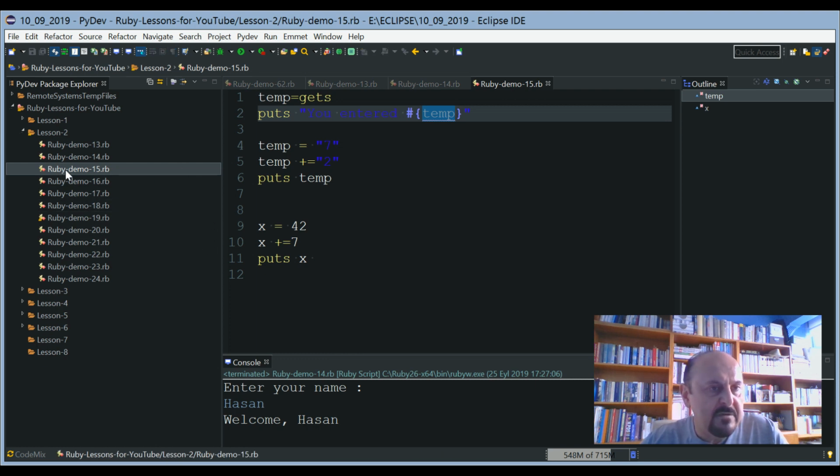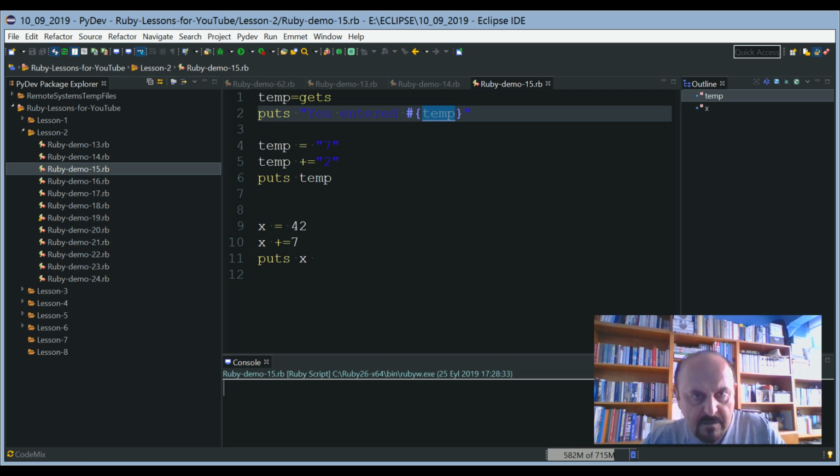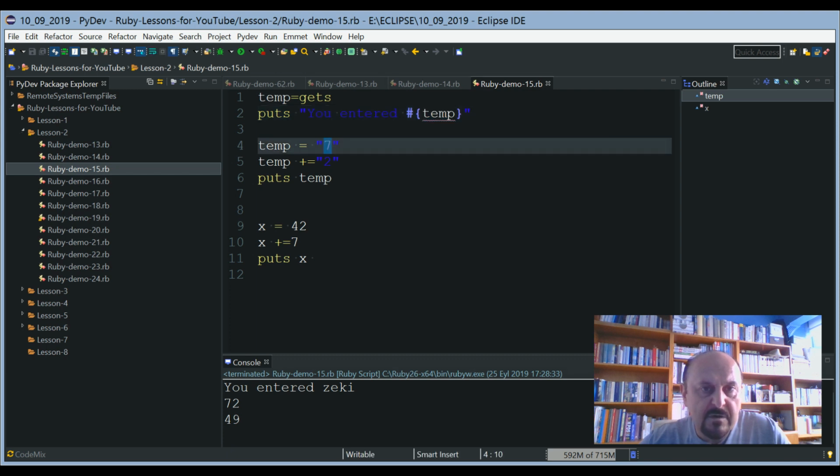And let's make it run. Actually, in one snippet I give more than one example so as to save time. It accepts Zeki. I say once again, you entered Zeki is printed out, and here temp is changed to 7,